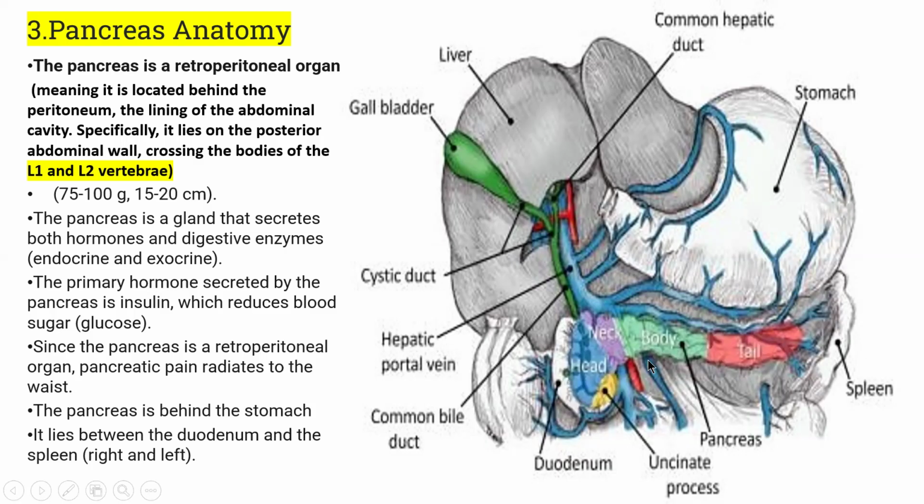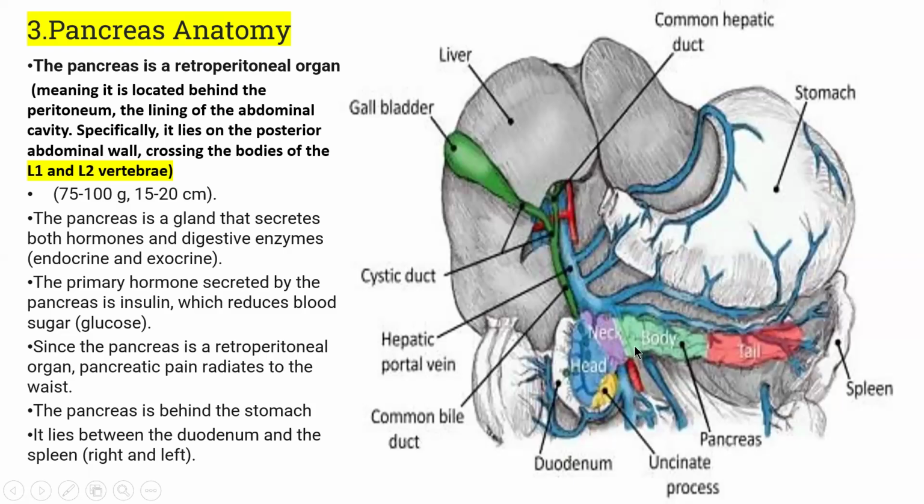So the pancreas is behind the stomach. Look at that. It is your stomach, and behind the stomach is the pancreas. The pancreas is a retroperitoneal organ, which means it is located behind the peritoneum, behind the lining of the abdominal wall. Clear? Now, this pancreas